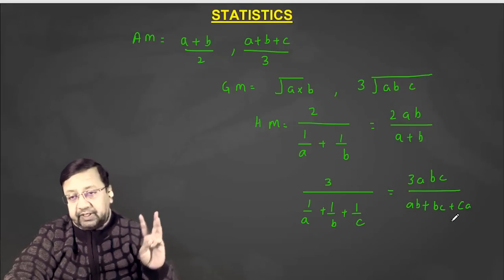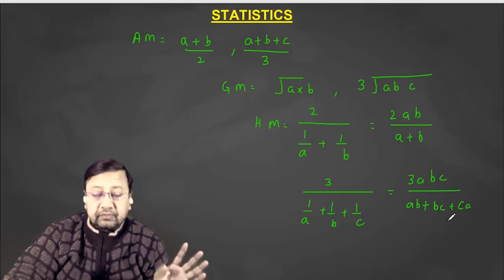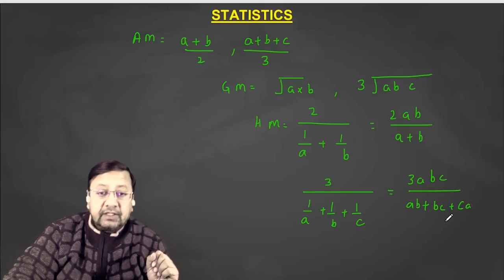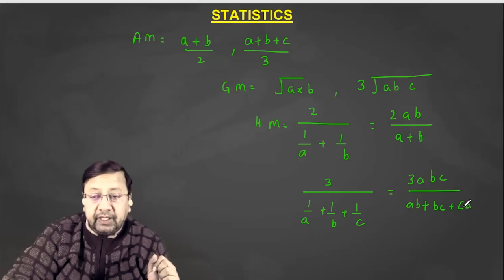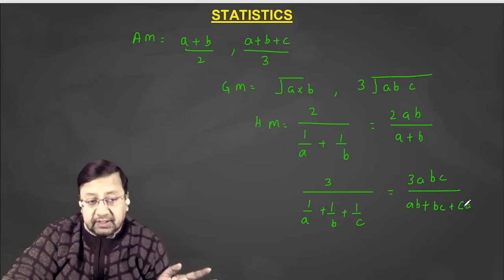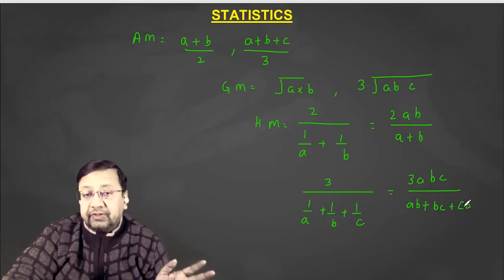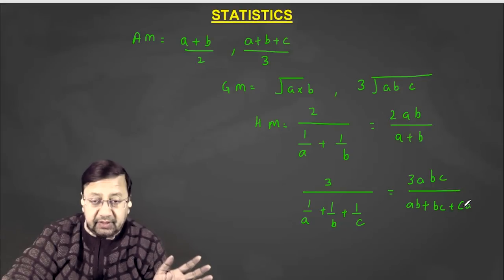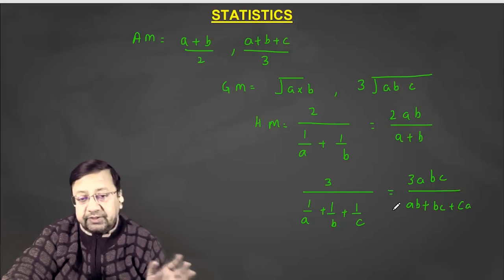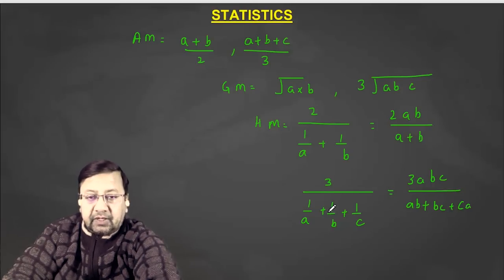So we have three means, three averages. Arithmetic average: the sum of the observations divided by the count of the observations. Geometric mean: the root of the product of the numbers. Harmonic mean: the count of the numbers divided by the sum of their reciprocals. So these are the three different types of averages we have. The most common is the arithmetic average. Okay, so moving further,